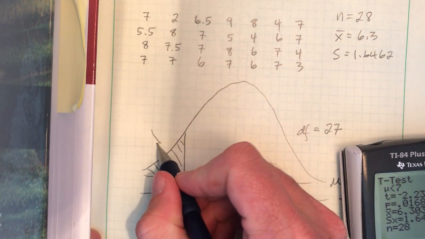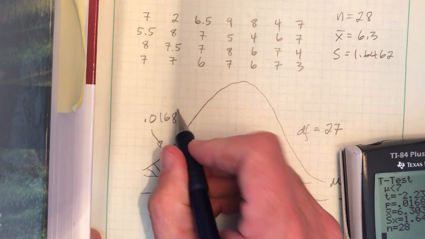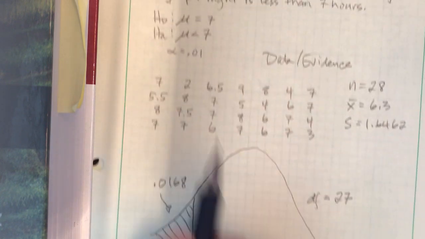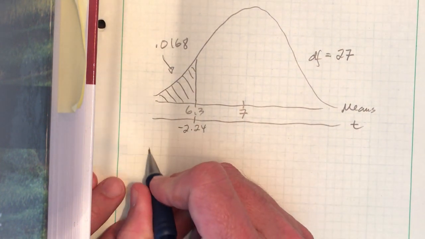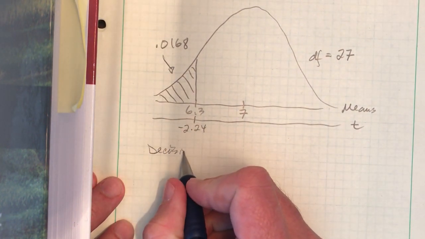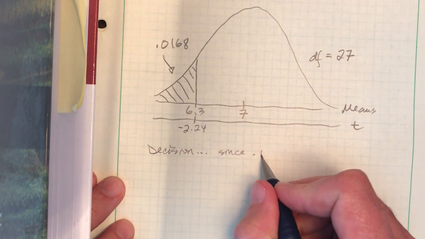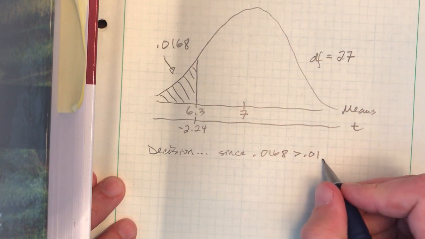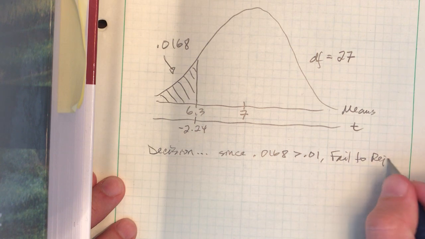So again, the p-value is the area of this tail. Now, normally that's considered pretty small, but remember, I said back here my alpha level was 1%. We didn't get smaller than 1%. So my decision is, since my p-value is greater than 1%, fail to reject the null,